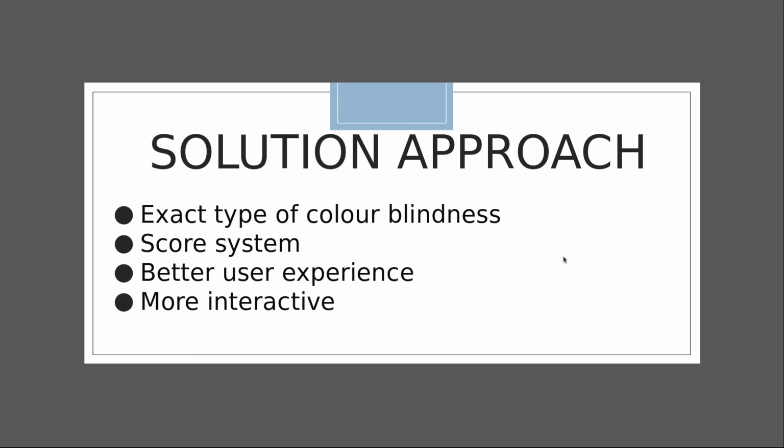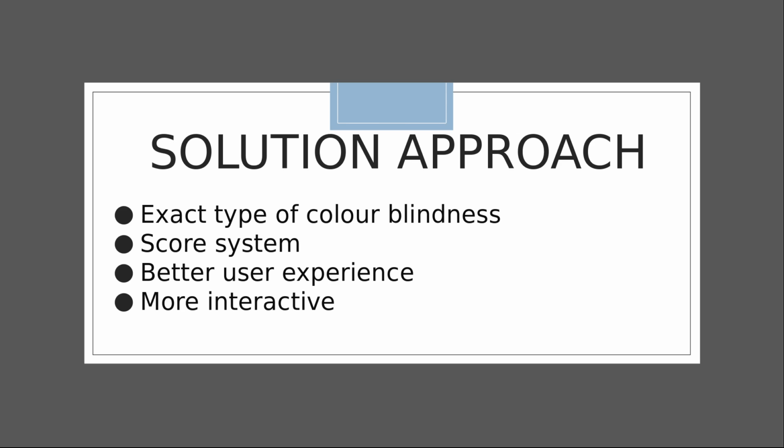Our solution basically helps the user detect if he has color blindness or not. In this, all he has to do is play a game, which is a maze game. He has to travel through the maze and he will get a score after he follows some instructions that we specify. We'll show the demo later.